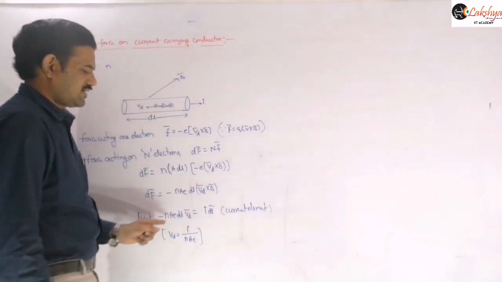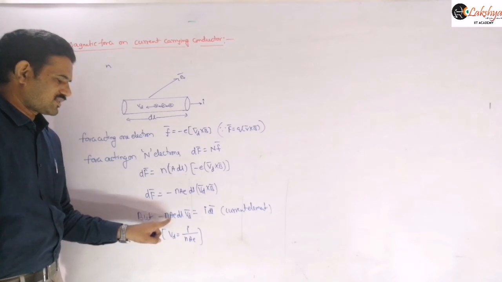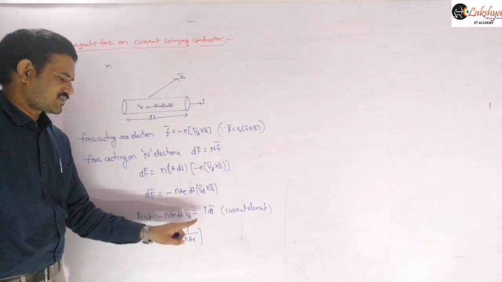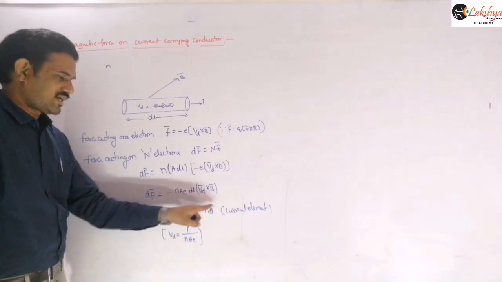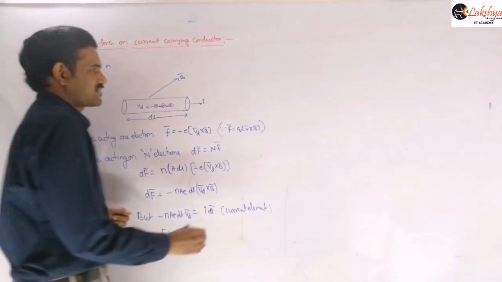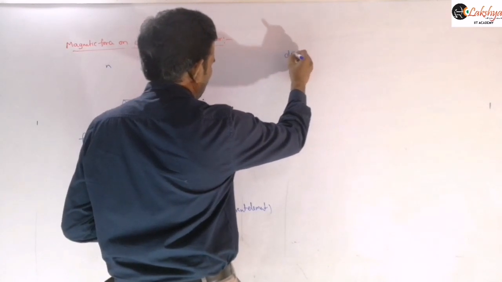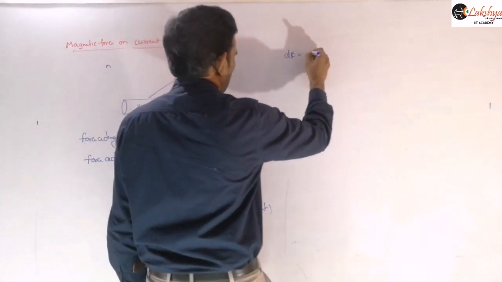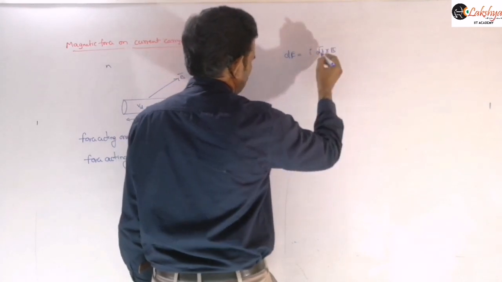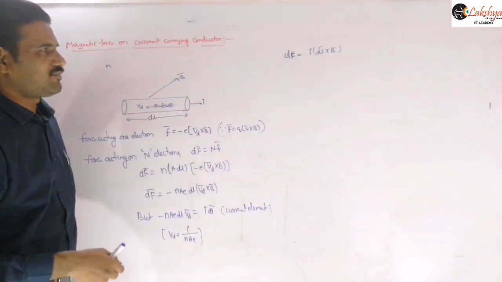So that is the significance here. These two are equal. That means we are replacing this nAe into Vd value with I, that means current, and we are changing the directions also, so that I am eliminating this negative sign here. Therefore, that above expression we can write as df bar is equal to I dl bar cross B bar. Is it clear?